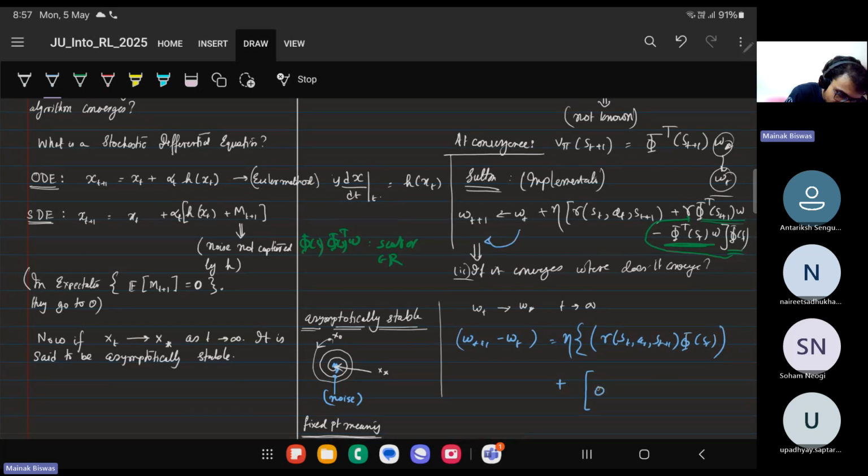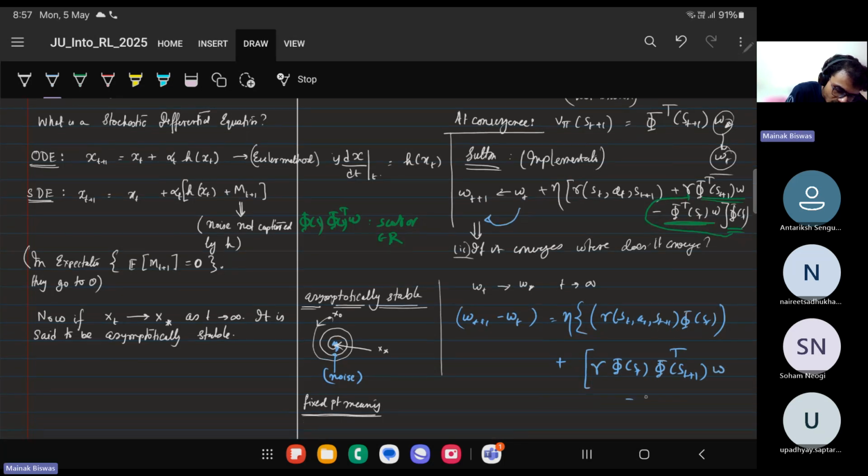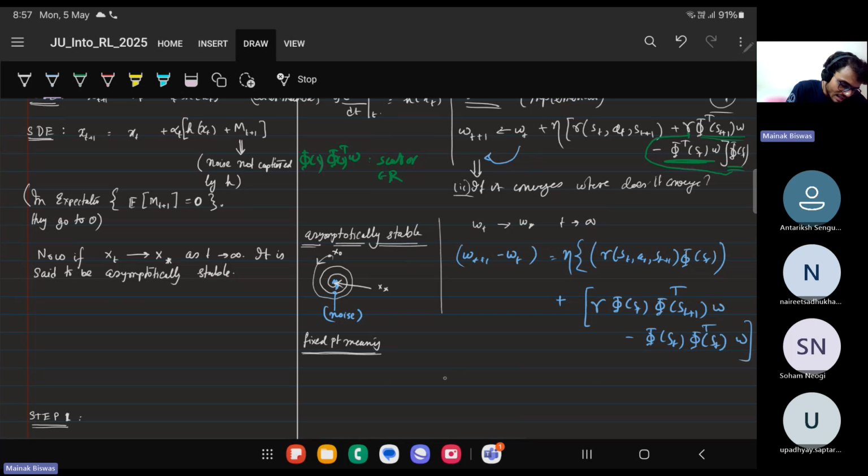So I'll write this as gamma times phi of S_t plus 1 transpose W minus phi of S_t transpose W. Okay, so I'll get W_t plus 1 minus W_t